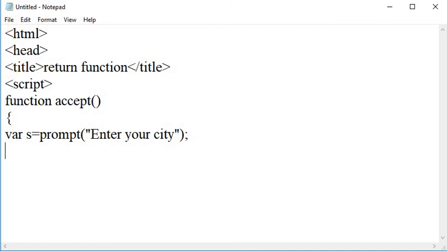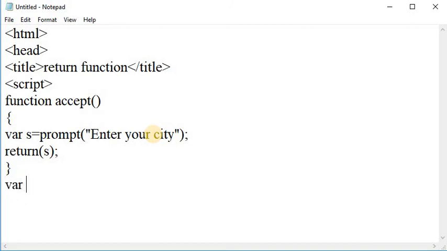Here I am writing enter your city. The user first enters a city, and after that it is displayed on a web page. And here I am returning this s to the caller function, and close the accept function.